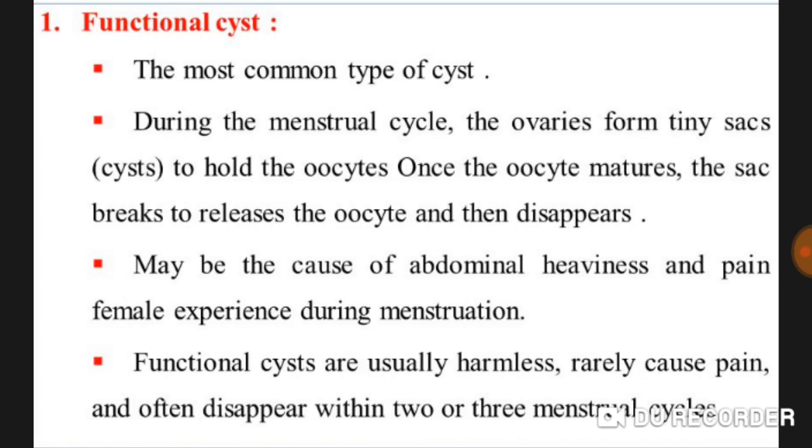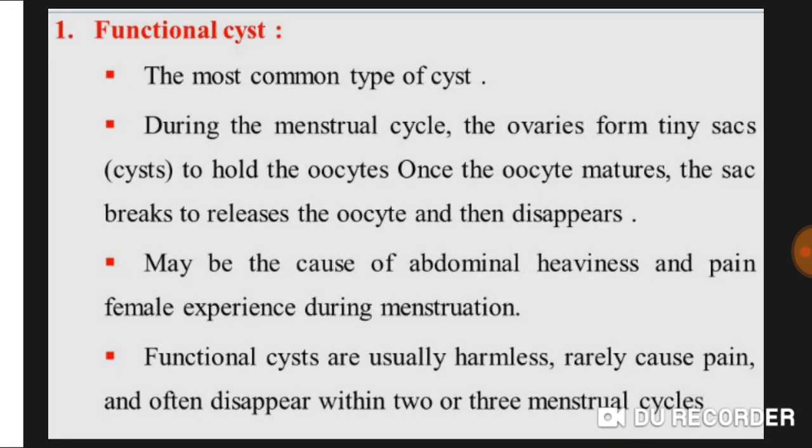Firstly, a functional cyst is the most common type of cyst. During the menstrual cycle, the ovaries form tiny sacs, cysts, to hold the oocytes. Once the oocyte matures, the sac breaks to release the oocyte and then disappears. In the case of a functional cyst, the oocyte matures but the sac is not able to break, release the oocyte or disappear. That's why the cyst appears. So this is a functional cyst